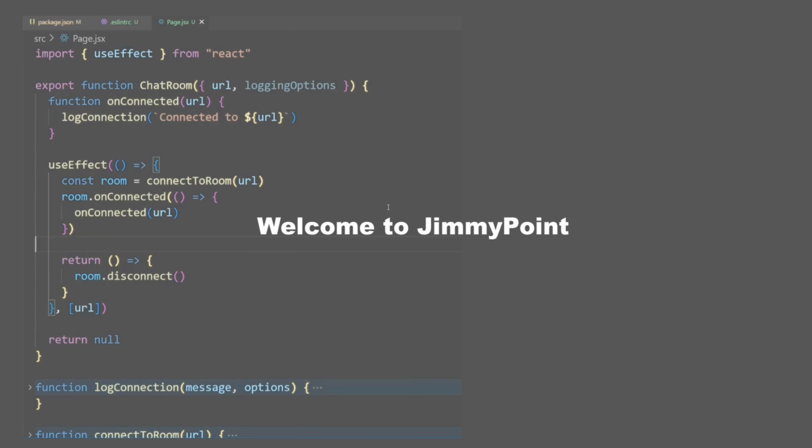And in this video we're talking about the useEffectEvent hook. Now currently this is a very new hook and it's actually only in the experimental version of React, so if